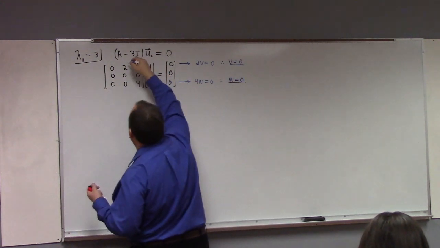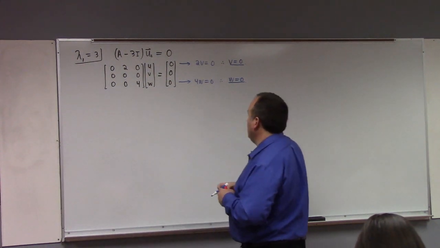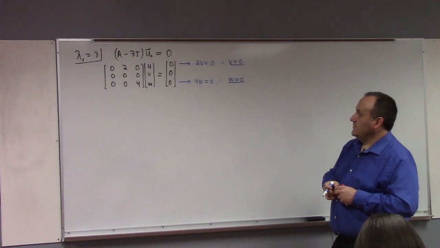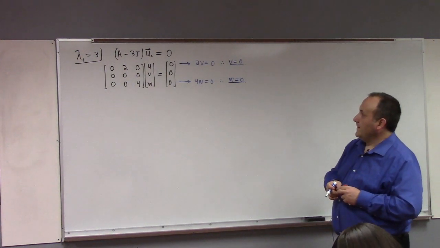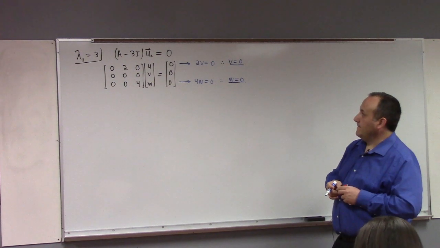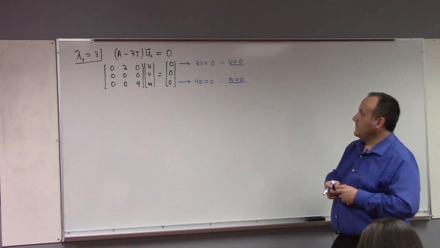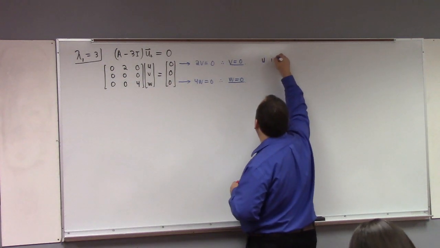It's the middle one. So when we multiply this by that, we hit the v. In fact, u is free here, I think. Is that right? Huh. Oh, I guess that's good. So u is free,